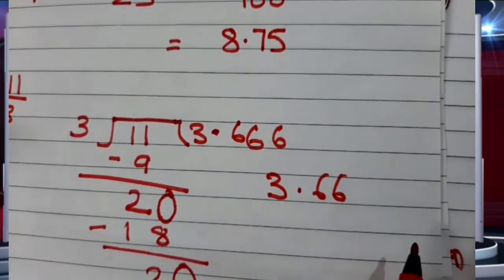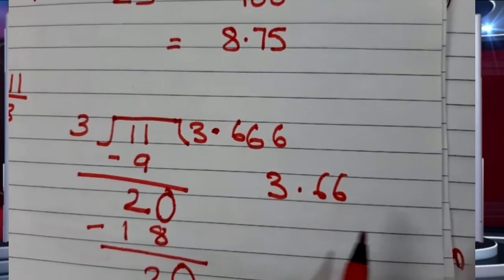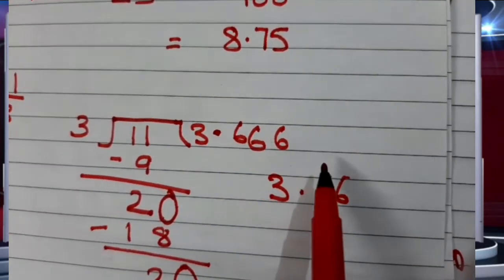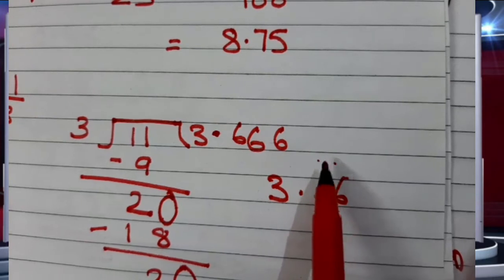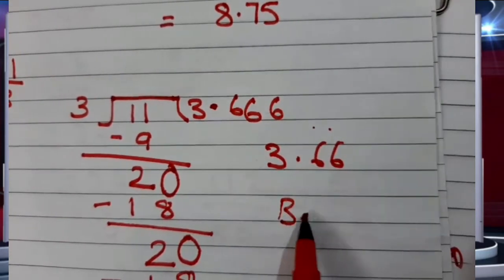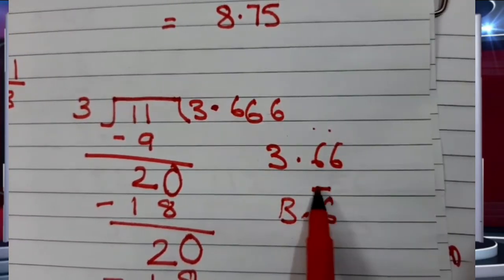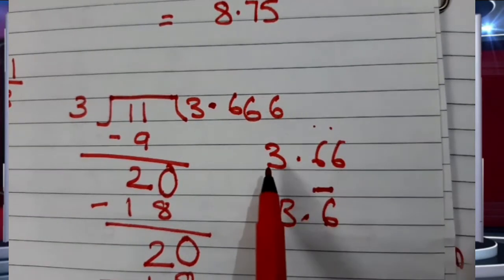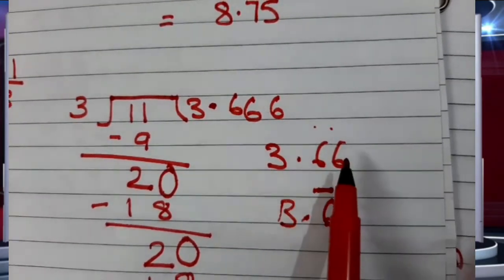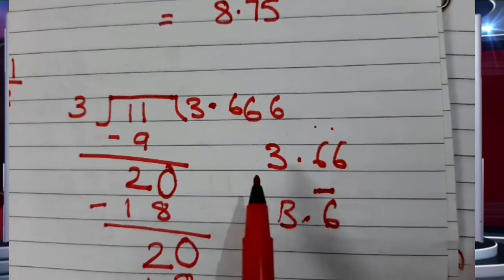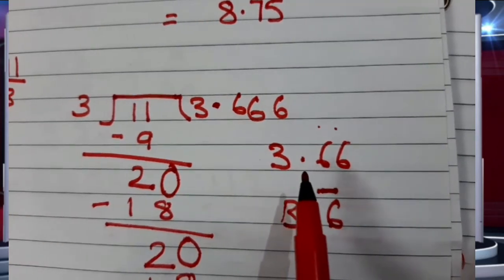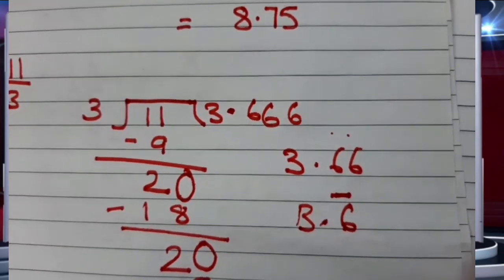These numbers are known as non-terminating numbers, meaning they are never ending. Or you can put a bar over the 6. You can stop it here and write it as 3.6 bar. It means this number is repeating. Or you can leave it here only, after 2 decimal places. So my answer is 3.66. I will do one more question.